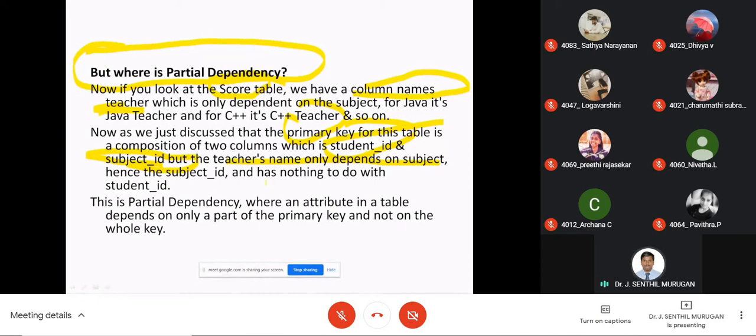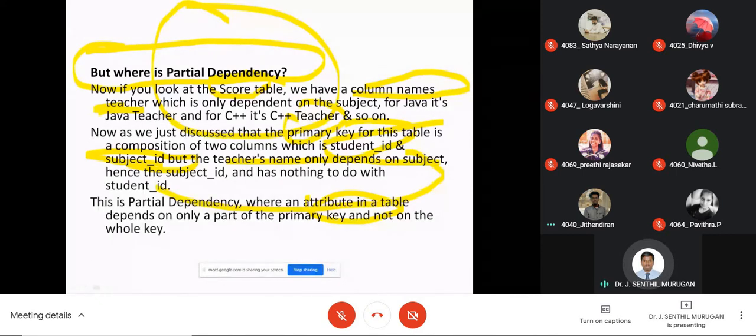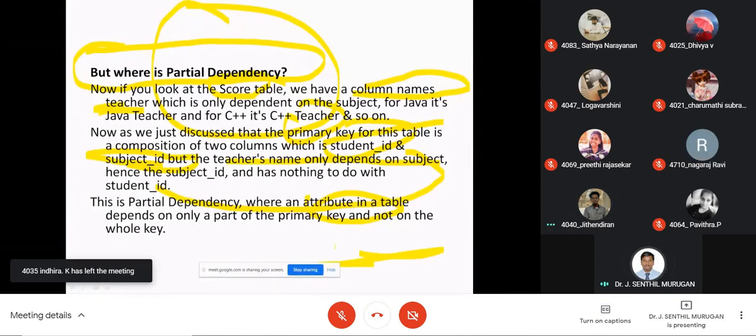This is partial dependency, where an attribute in a table depends on only part of the key. The teacher is partially dependent on the subject ID, while the key is the whole combination.